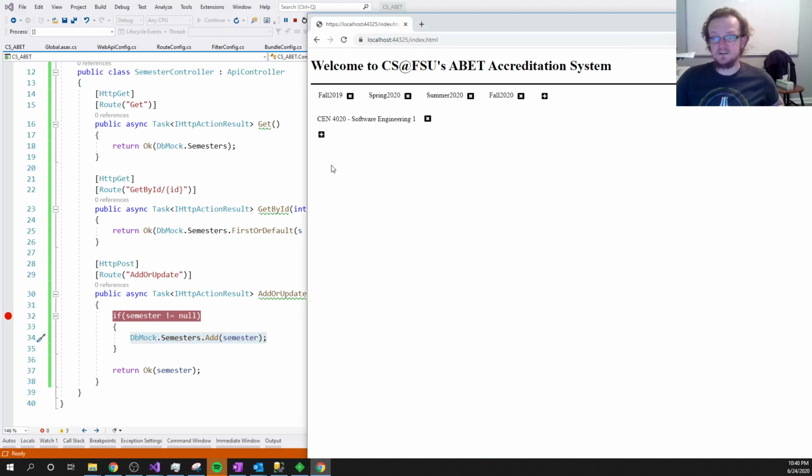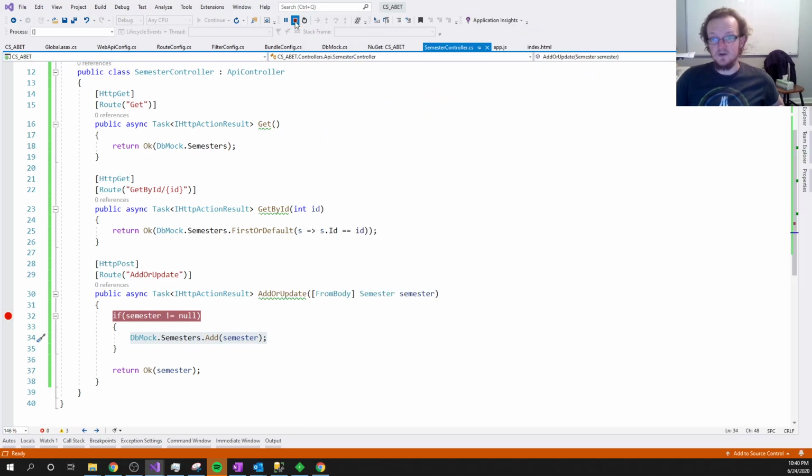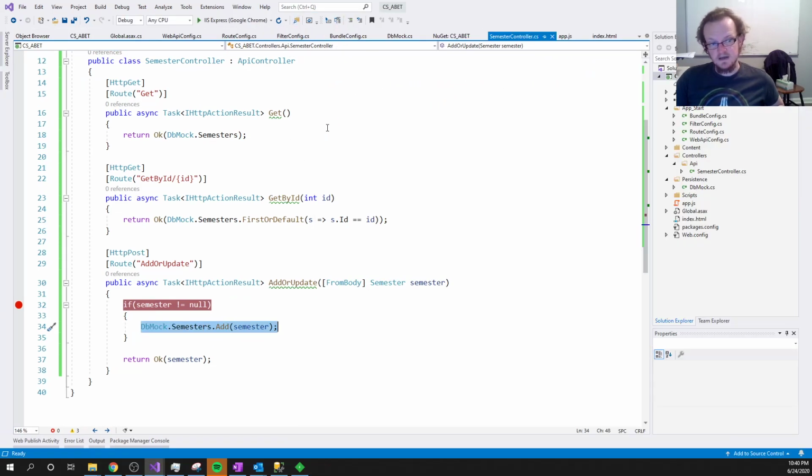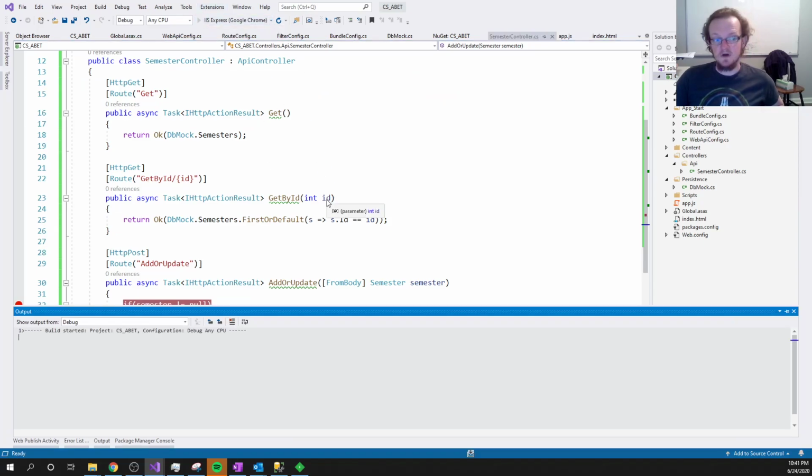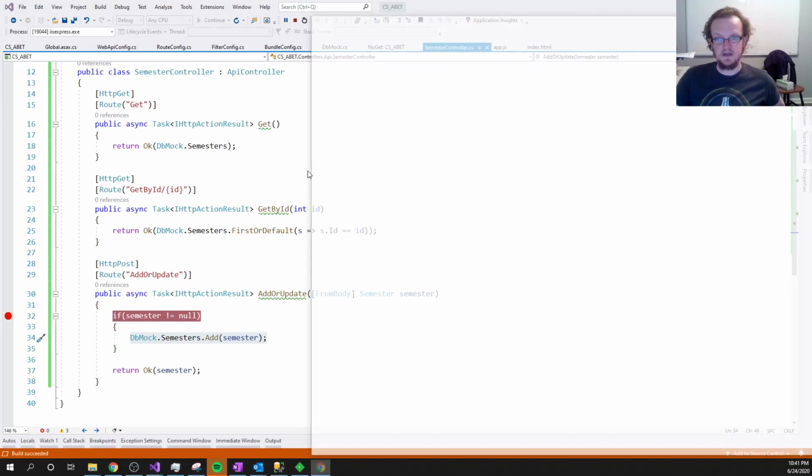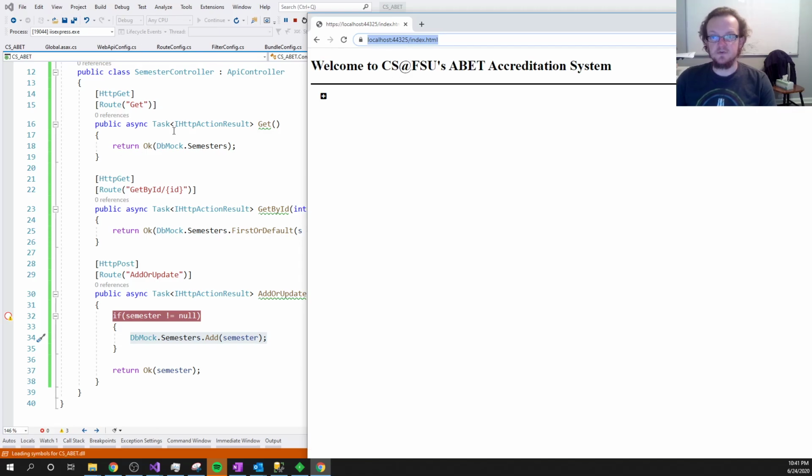When I refresh, my client has no idea what is hosted server side. I'm literally using this static class as an instance store, and until I close that process down, spin the fake web server hosted in IIS down, and relaunch it, that static class will continue to hold however many new semesters I add. So now that I've refreshed the server-side code, I don't have fall 2020 anymore. And so if I add fall 2020,